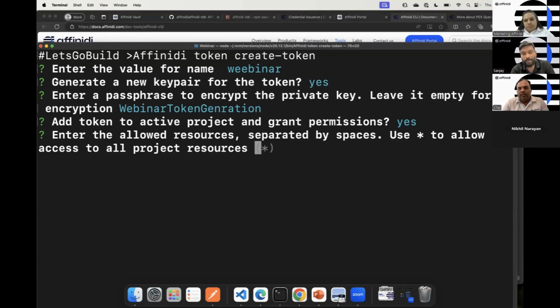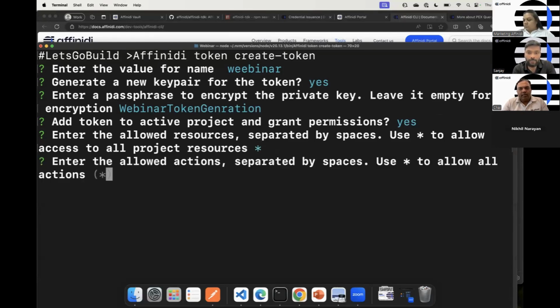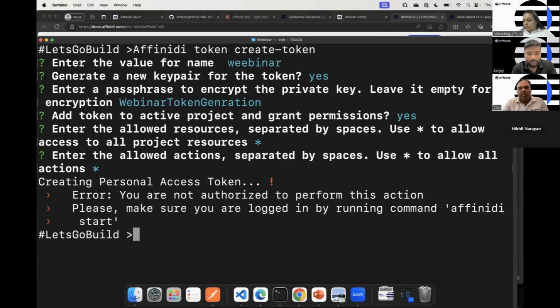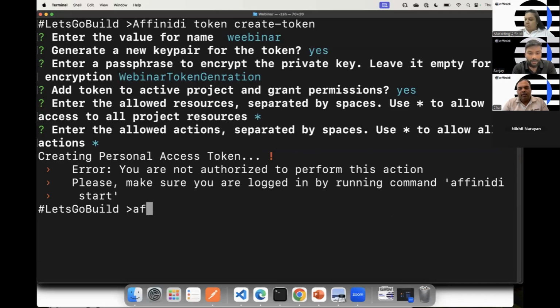So I can give any very granular level of permission, but for this example, I can go ahead and say star. And in this case also, I'll say star. And then I can see a message that it is generating some credential. Okay. So I have not logged in. So let me log in again, because everything we need to authenticate ourselves as,